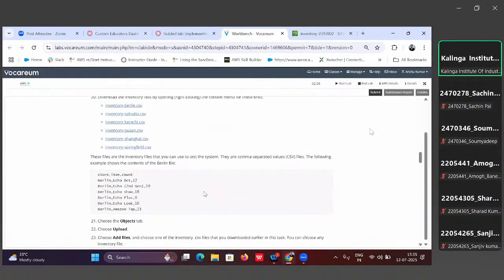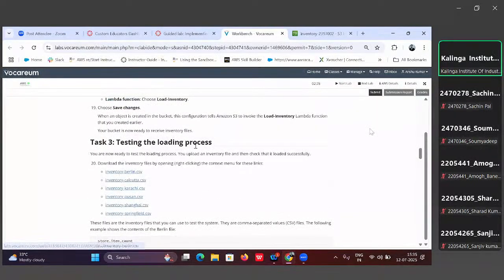डन, टास्क 2 भी हो गया। अभी हम लोग को टास्क 3 में जाना है। So testing the loading process. You are now ready to test the loading process. You upload an inventory file and then check that it is loaded successfully. है ना? तो what you will do now, you load the inventory file by opening and right clicking the context menu for